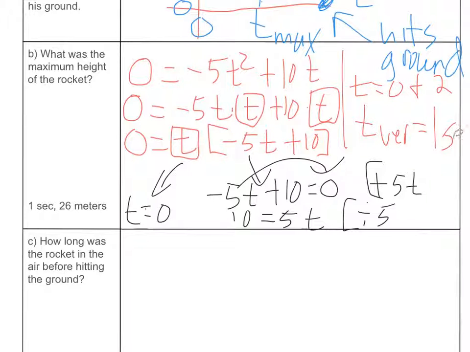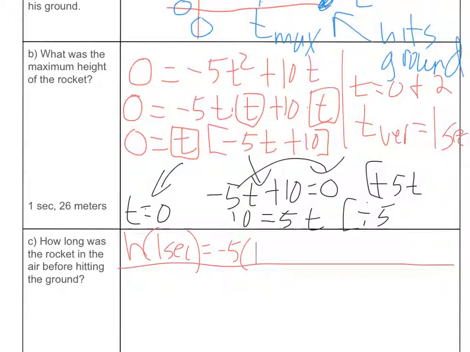Well, how do I find out the associated y value, or in this case, height value? Well, I'd have to substitute into the formula. And I'm going to have to do that, folks, unfortunately, down here, down below. So I know the height at 1 second will be -5 times 1 squared plus 10 multiplied by 1 plus 21. And that equals,